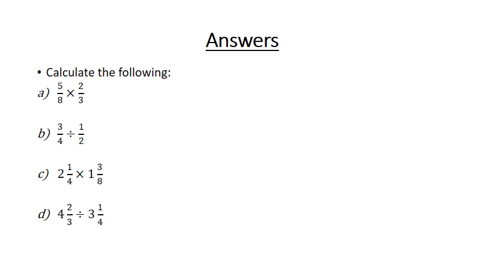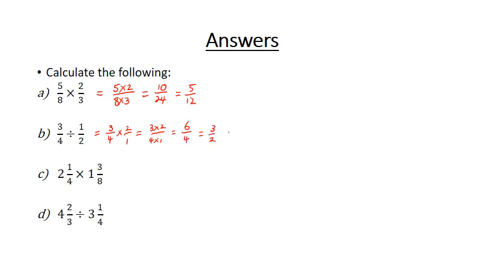Okay, so let's see how you went. In our first question, we're just multiplying directly across. So this gives us 5 times 2 over 8 times 3, which is just 10 over 24, and we can cancel that down to be 5 over 12. In our second example, remember, we need to flip the second fraction. If we do that, we end up changing the sign from a divide to a times. This then becomes 3 times 2 over 4 times 1, which is just 6 over 4,